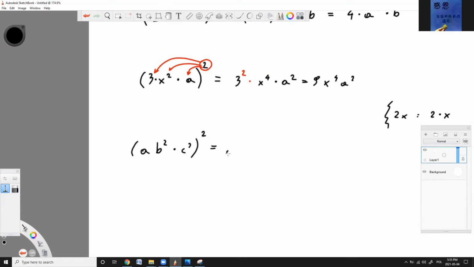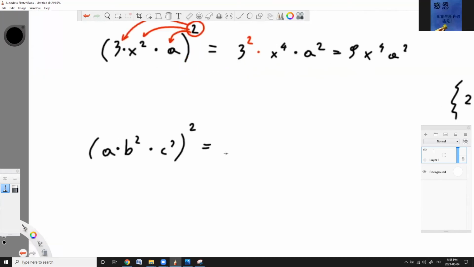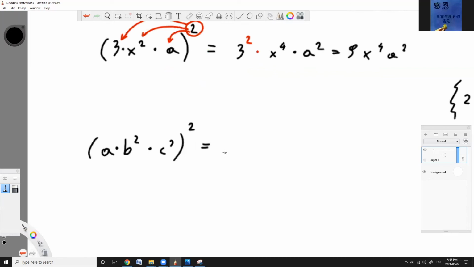a b squared then wait. Maybe if I put a dot in here, it will be easier for you. So it would be, I think in parentheses ab squared and then that would be